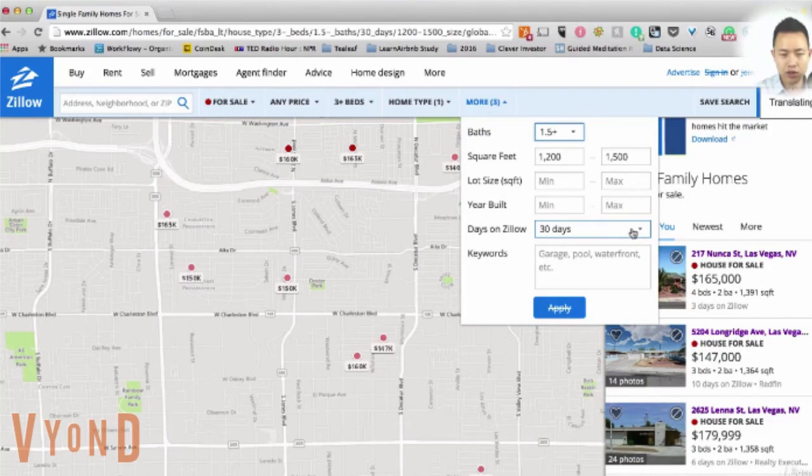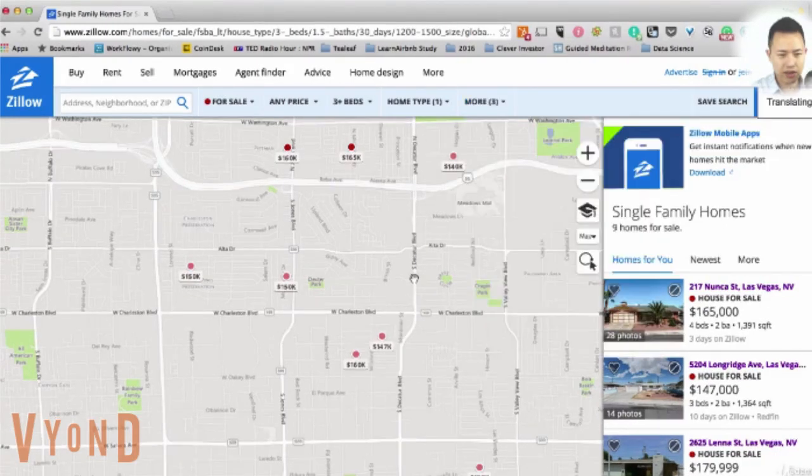www.zillow.com. And what's going to happen is you're going to see something like this. So I want you to enter a market that you're interested in. The market I'm going to be looking at is near downtown Las Vegas. And that's where I'm going to be looking. Here, specifically, there's a certain block that I'm going to be looking at and I have it already set here. Alright, so once you find a few block radius, the neighborhood that you're interested in looking at,